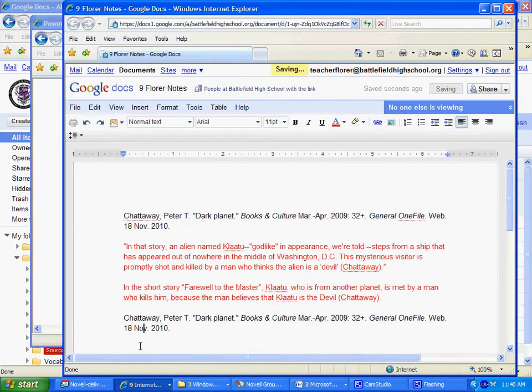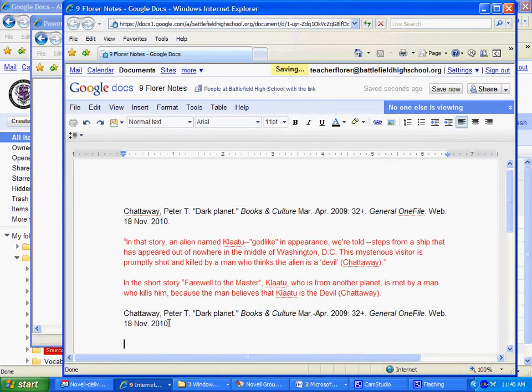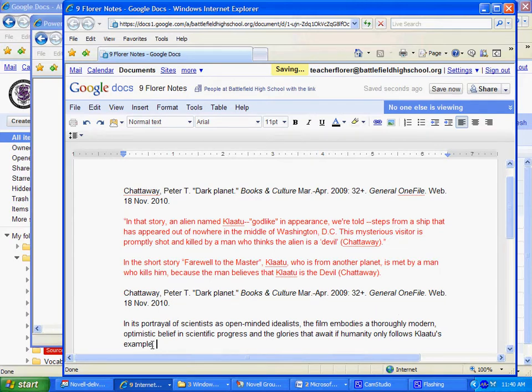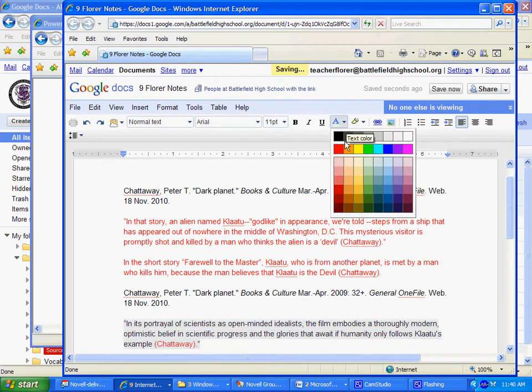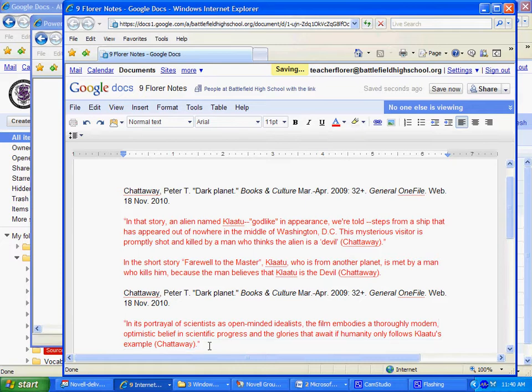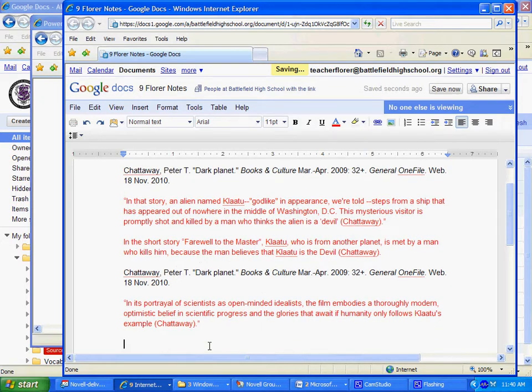So we can take this and copy it, put it in there, put quotation marks around it, and then we're going to change it to red. And then we are going to paraphrase this. The short story, Farewell to the Master,